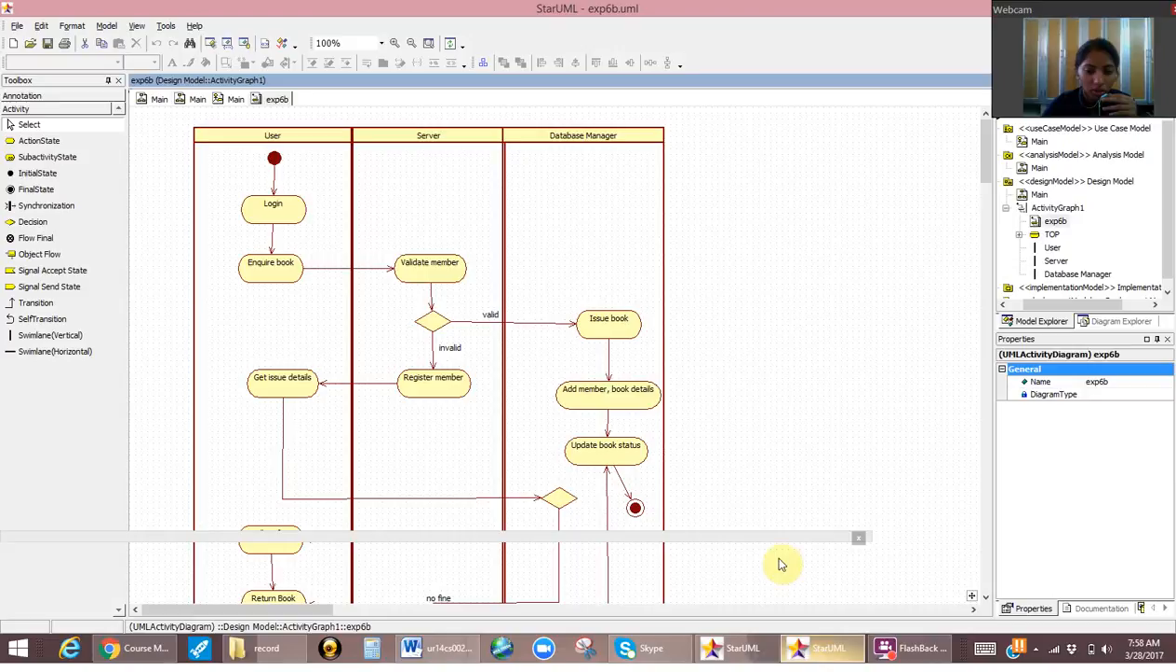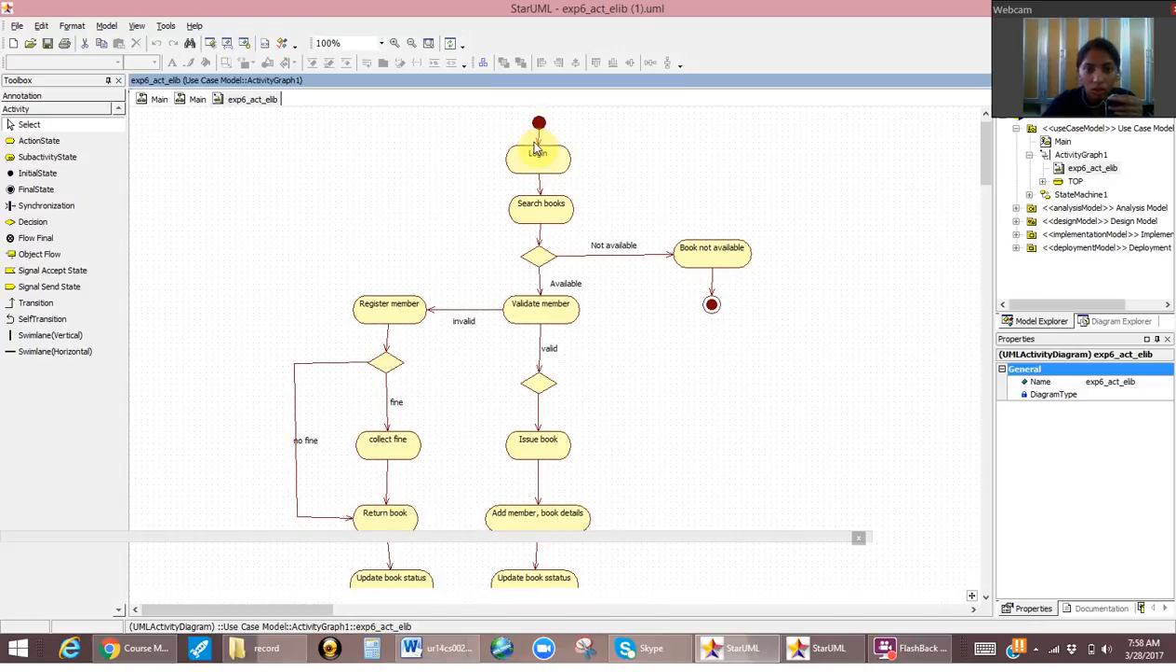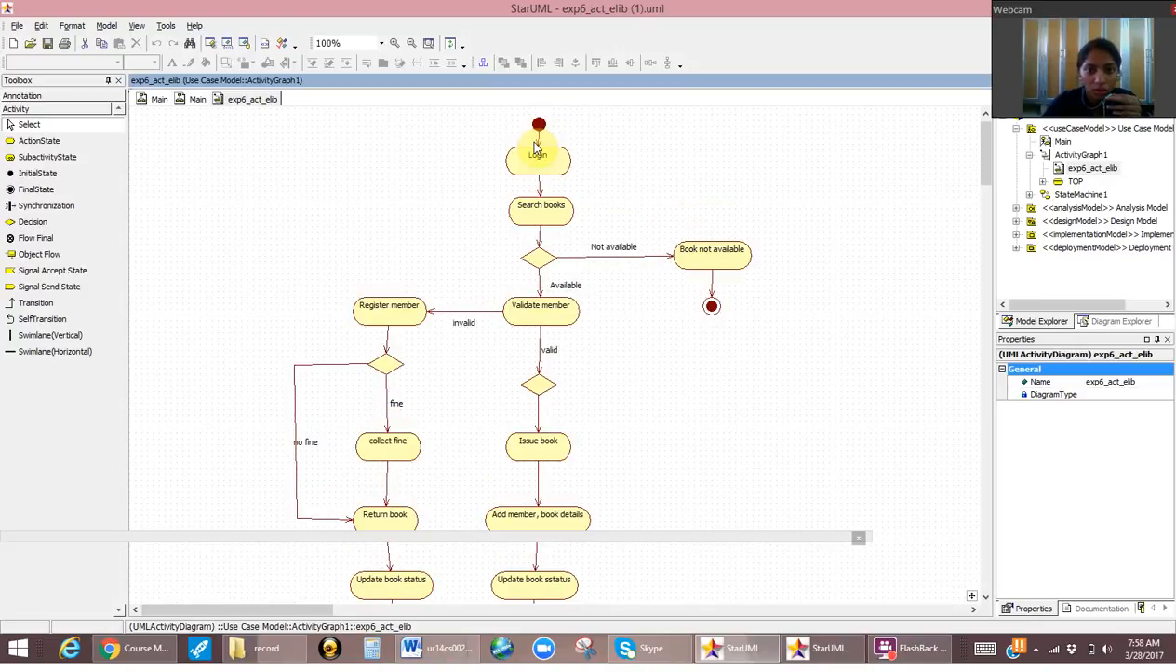So first I'm going to show the activity diagram. This is the activity diagram. This is the start state. So for an e-library system, the user is going to go into his or her account and log in. Once the user logs in to his own account,